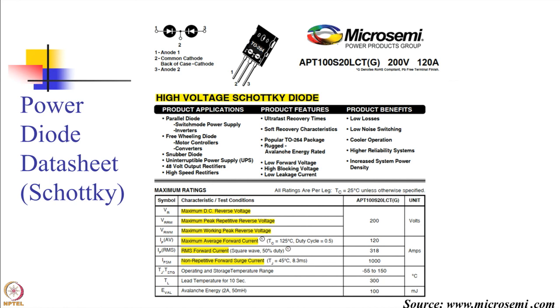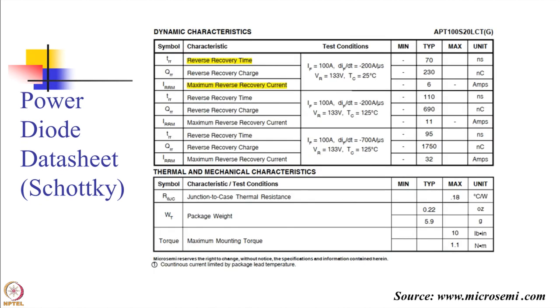Then you can see a forward current average, which is IF average, is given. Then there is an RMS value of the current which is allowed through this device. And on this sheet you can see the reverse recovery time, something that we talked about so extensively some time back. It clearly says that this particular Schottky diode has a TRR, reverse recovery time,